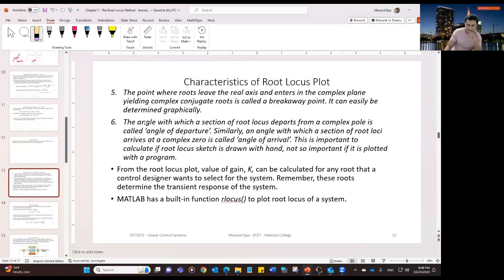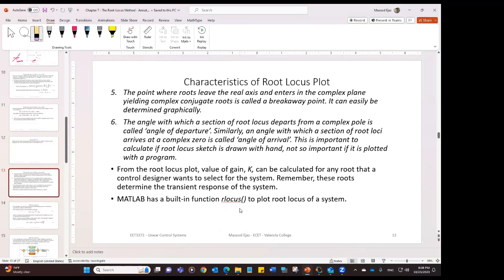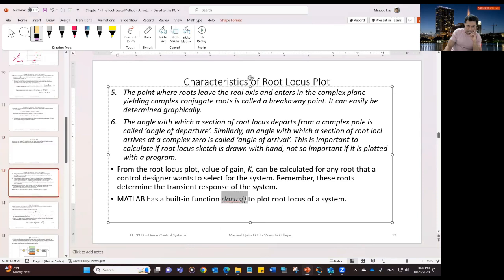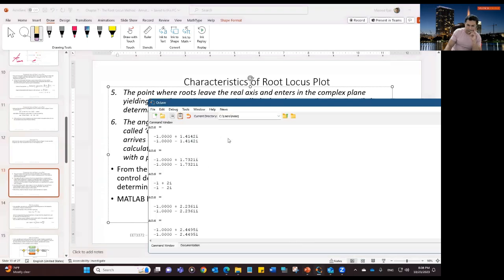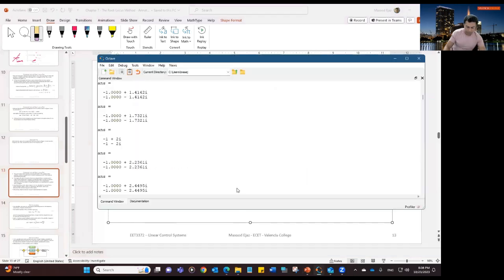Page 10. Okay, so yeah, MATLAB has an rlocus function. You're using rlocus, right? Yes. So if you use the rlocus function,